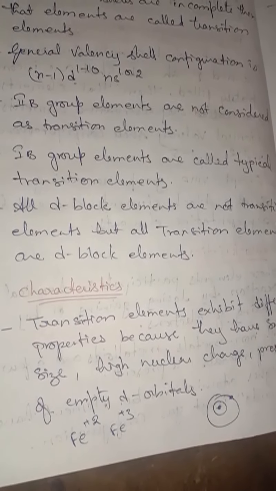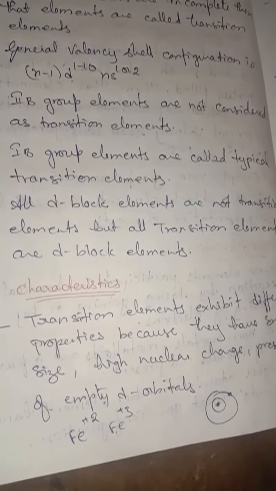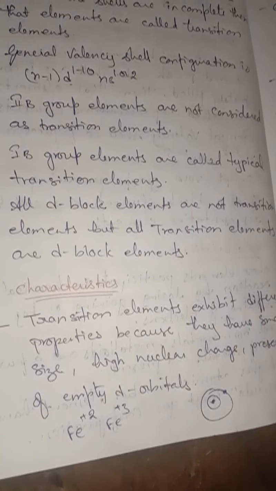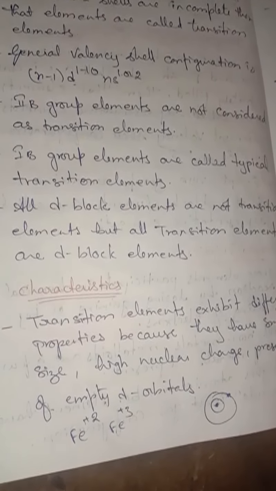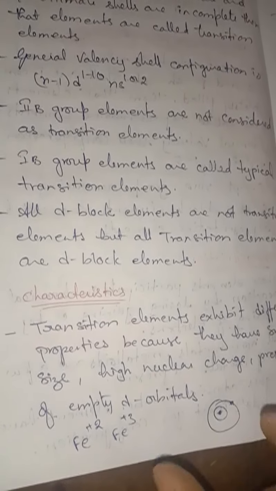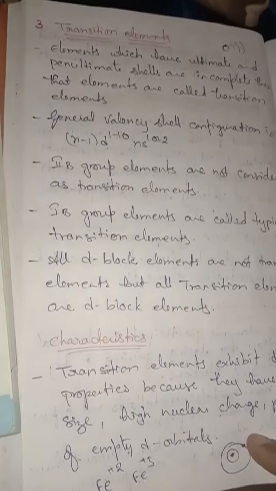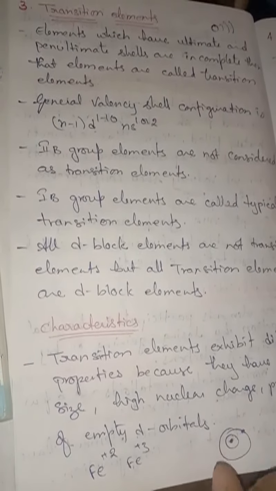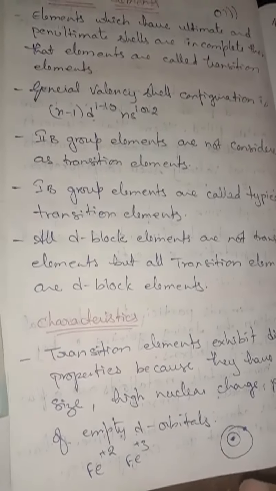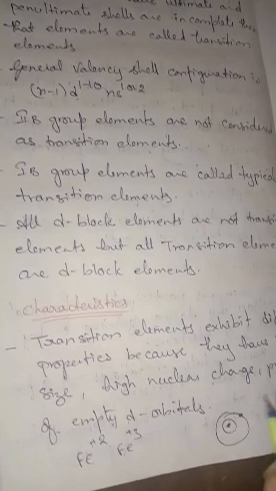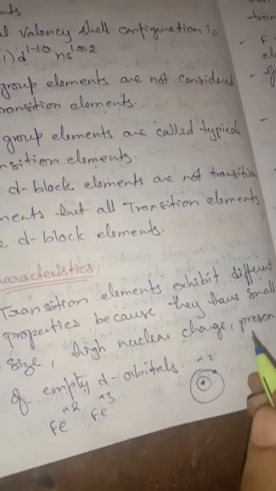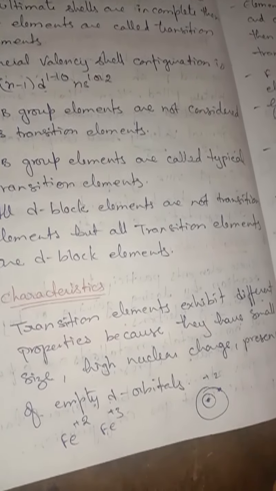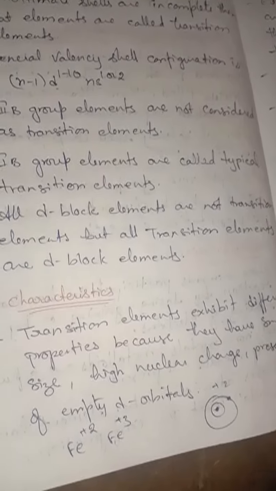Nickel is used as a catalyst in hydrogenation of oils, and iron in Haber's process in the preparation of ammonia. Molybdenum acts as a promoter in Haber's process. So these are some of the characteristic properties of transition elements, and they also form complex compounds and alloys. Their common oxidation state is +2. Understand, children? And they have high melting point and boiling point, and density is also more.